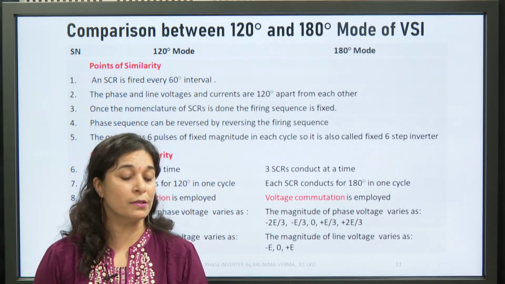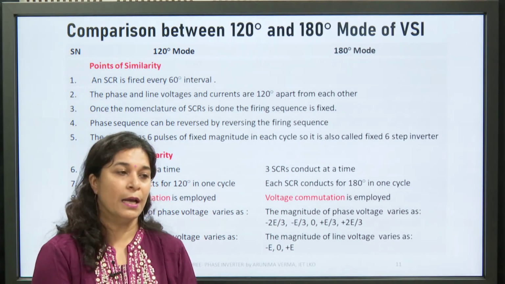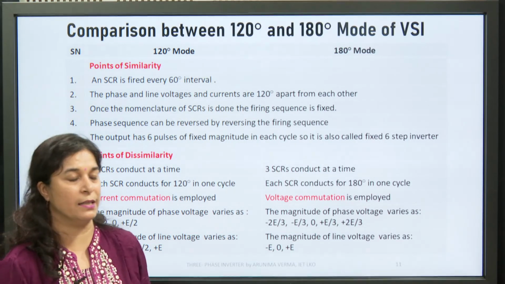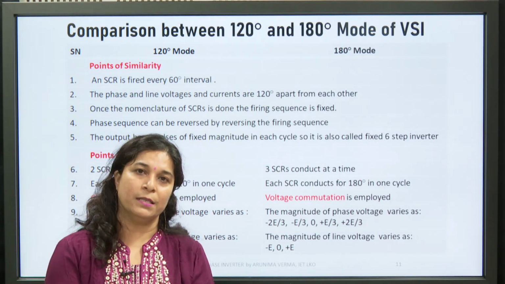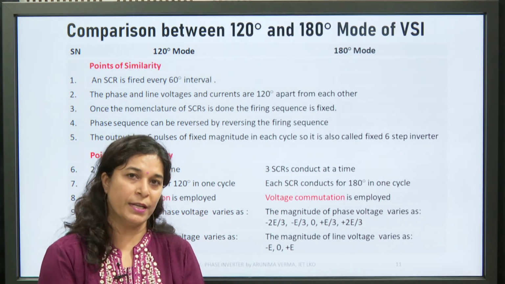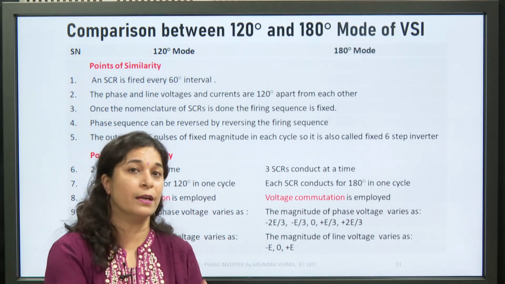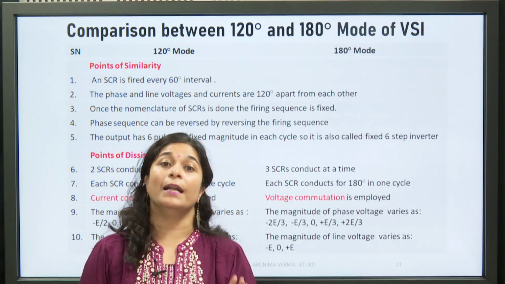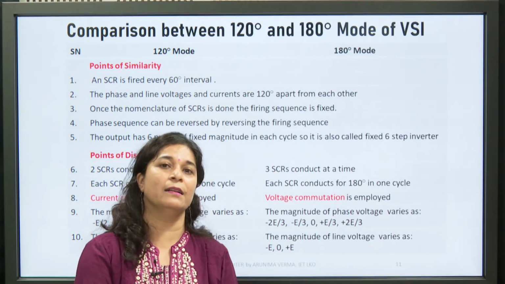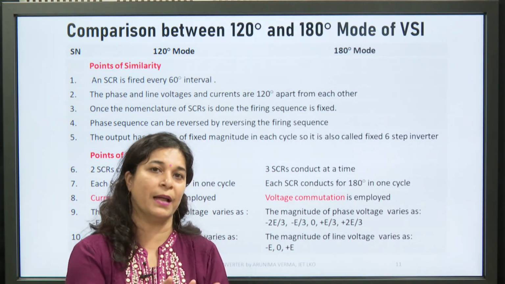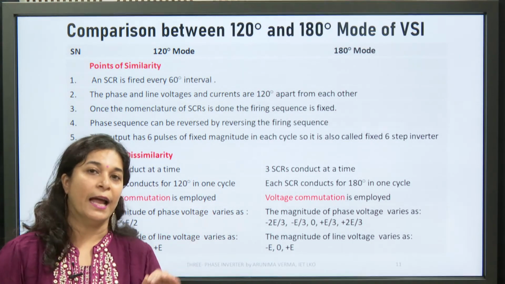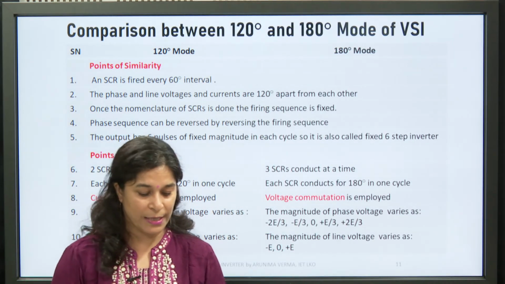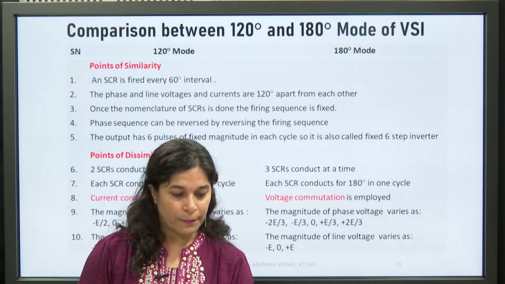Basically, why do we call it a voltage source inverter? As you all know, an inverter can be given a supply in the form of DC voltage or in the form of DC current. When we give the supply in the form of voltage, it is called a voltage source inverter. If we convert that voltage source into an equivalent current source by attaching an inductor in series with the supply, then the inverter gets its supply in the form of DC current, and hence we come to another terminology, the current source inverter, CSI, which will be dealt with later on.